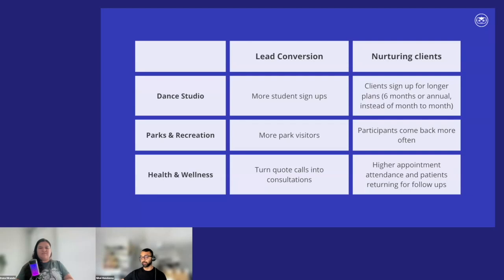But the added value when you actually build these systems that we're going to talk about is how do you take that one-time conversion and actually get it to be more of a repeat occurrence? I think retention is often an afterthought for a lot of businesses, because a lot of goals and KPIs and success are often tied to top line numbers.